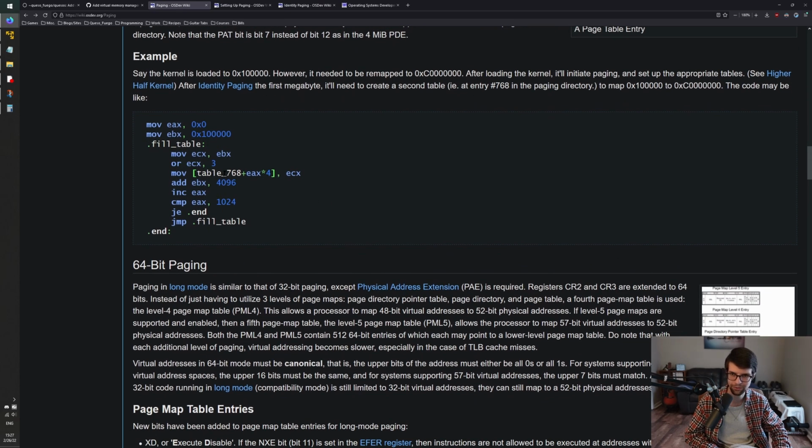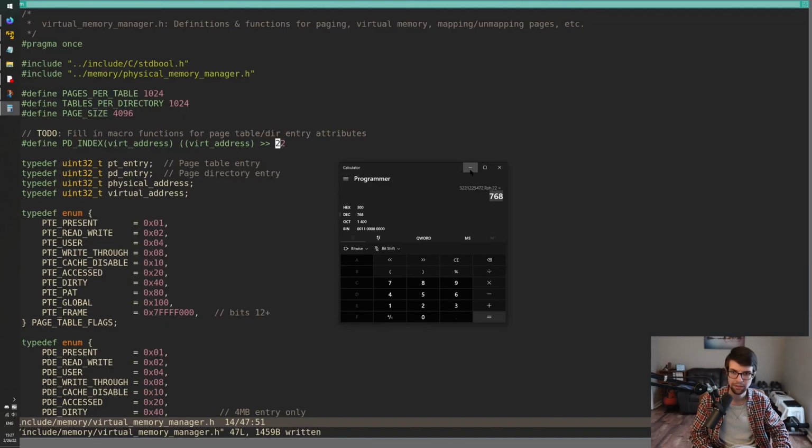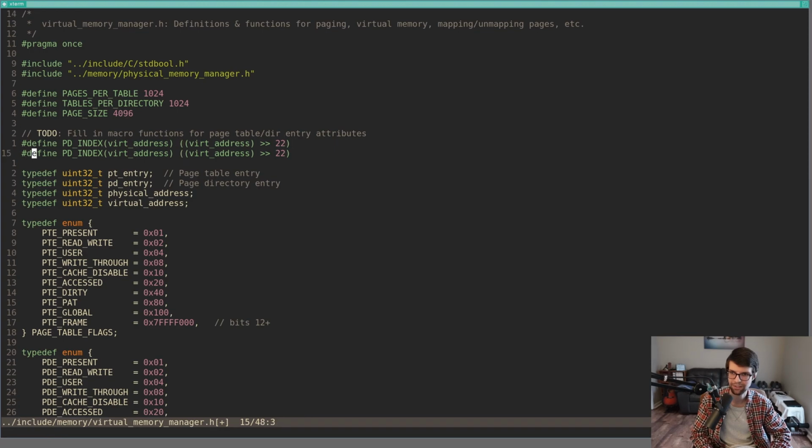That's kind of what gets you this 768 from your initial 3 gig value. That's why I'm shifting right by 22. I'm taking a virtual address and getting which entry in our 1024 entries, 0 to 1023, in our page directory. I just can't tell you how the math works. Let's round that off there. So to get the page table index, effectively, what I'm taking is shifting by 12 just to